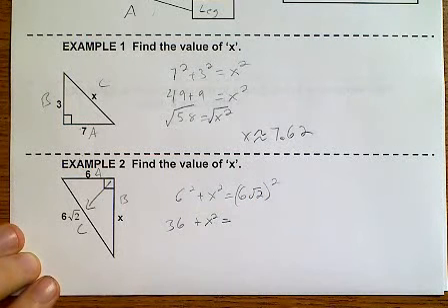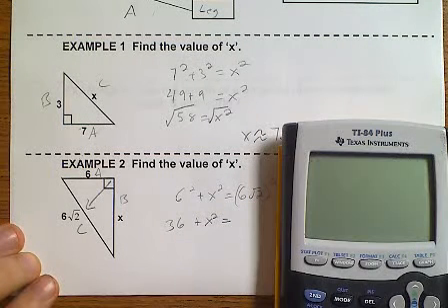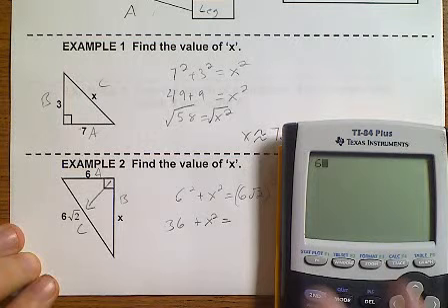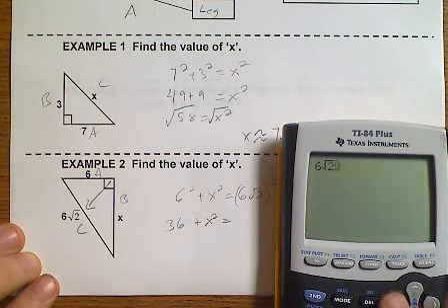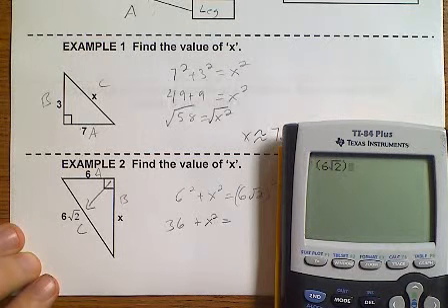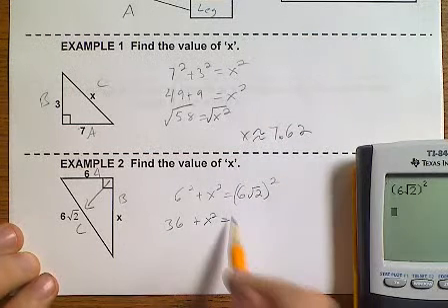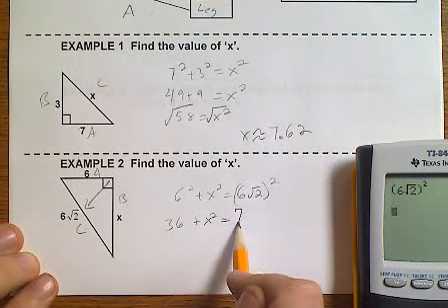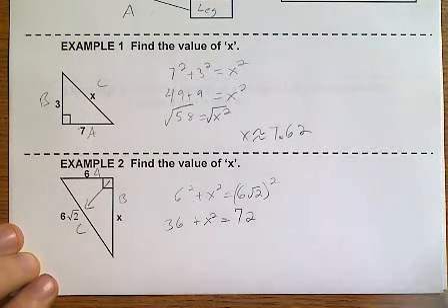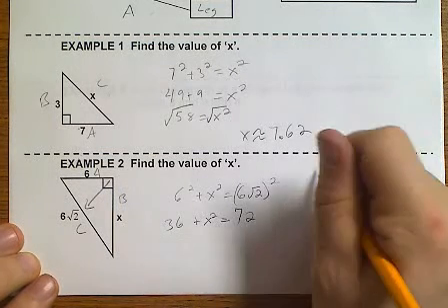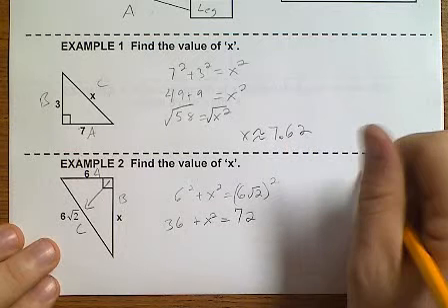in the calculator, and then I'll teach you how to do it without the calculator. If I do 6 root 2, now I encase it all in parentheses, and then I square it, I get 72. Another way that I could do this is I could do 6 squared